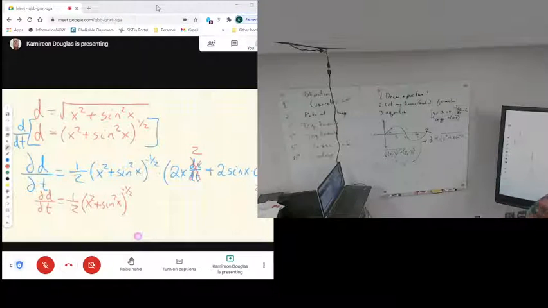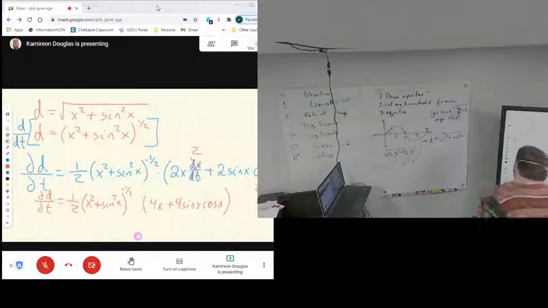Right hand side, 4x plus 4 sine x cosine x. Okay. I'm going to algebraically simplify a little bit here, but not much. To start with,